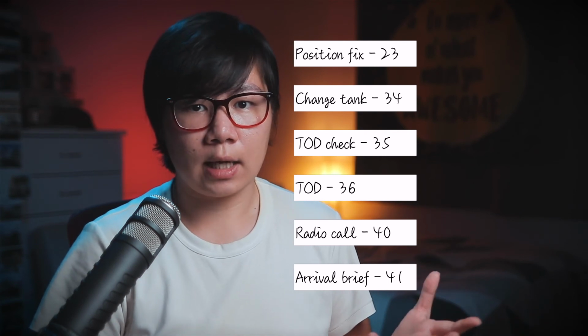Once you finish one task, cross it out so you know you have done it, and remind yourself what the next task is and at what time. If you do have two tasks happening at the same time, you should think about prioritizing between the two. Which task is easier or requires less time to complete? Then do it first. For example, you need to change the tank and do a radio call at time 56. In this case, of course, changing the tank will require less time to complete. It may take you 10 seconds, then you can do the radio call.